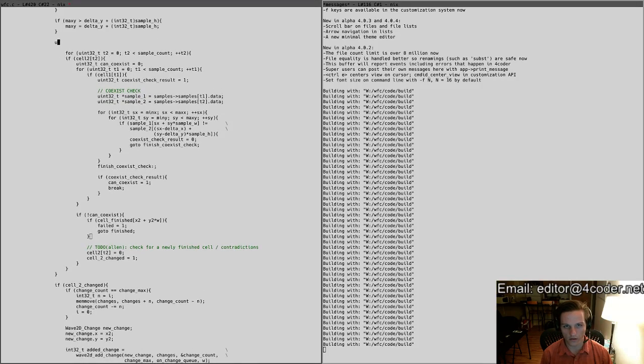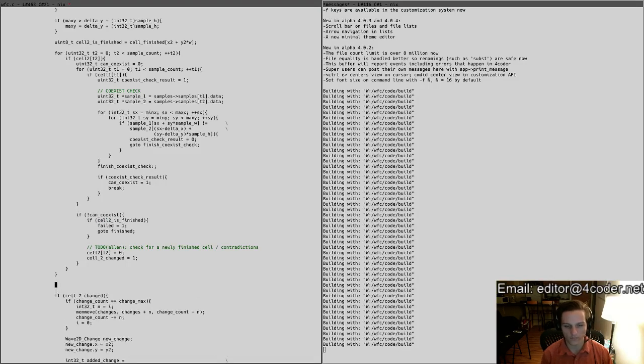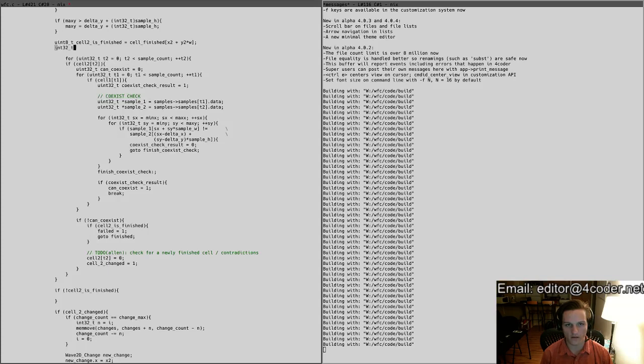So we have it up here, uint8_t cell is finished equals, and that comes from this cell is finished, and that could be like cell 2 is finished, right? So if we find that we need to make a change, but cell 2 is supposed to be finished, then we've got a problem. If we come out the other end and cell 2 is finished is false, then what I'll do is I'll keep a count of